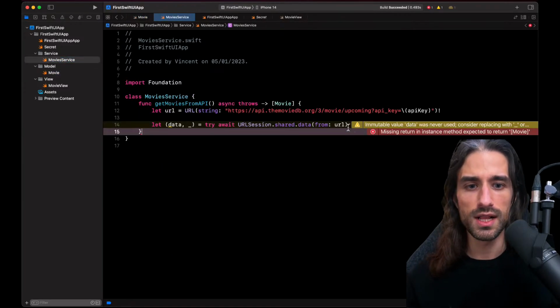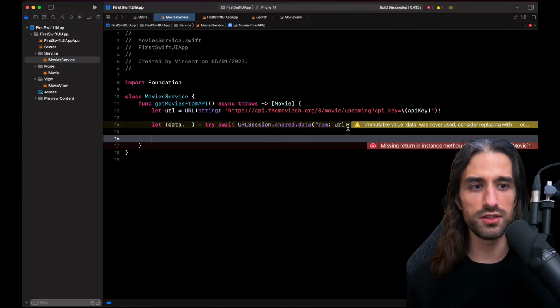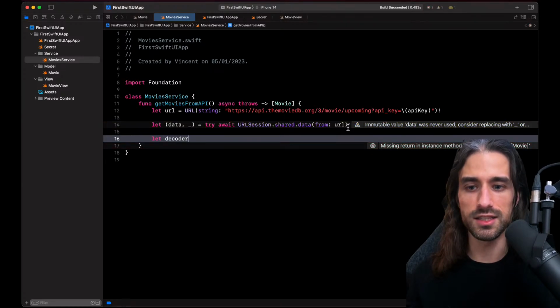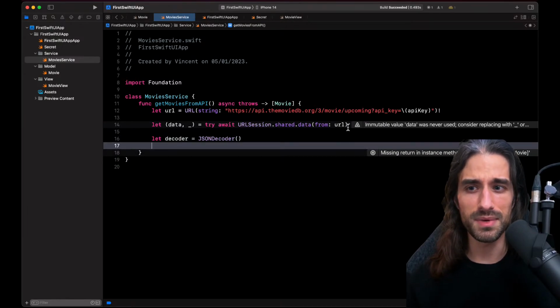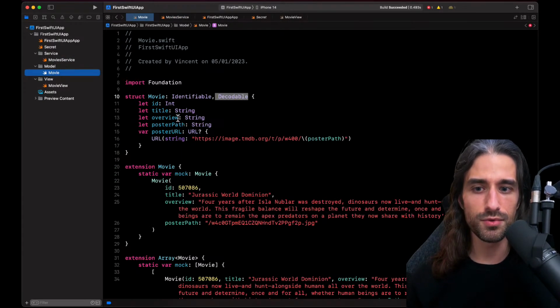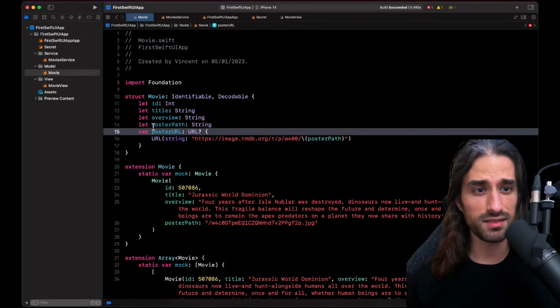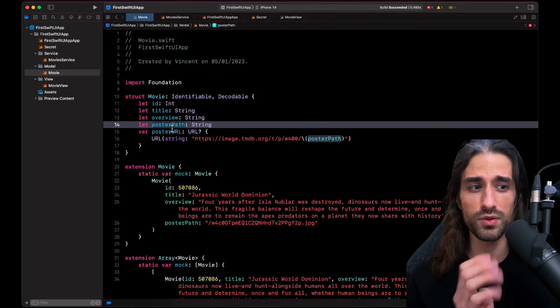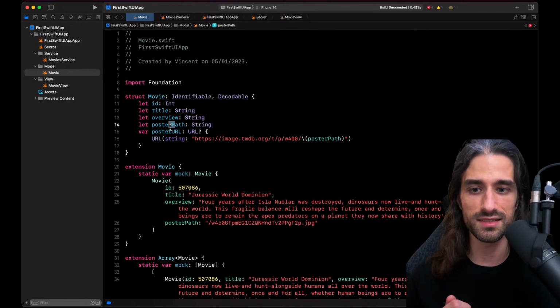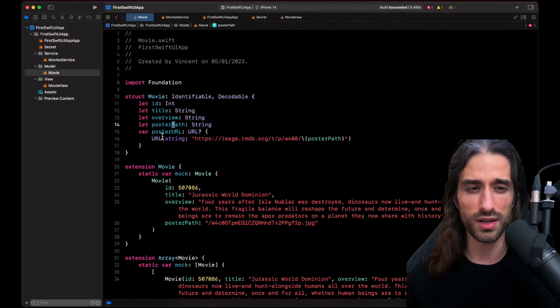So back to the service. To decode the data, we need to have a decoder, a JSON decoder to be more precise. So let me create that decoder. So my JSON decoder. I'm actually going to configure it a little bit because, as you can see, in my type movie, I use the camel case. So here in posterPath, the first letter of the first word is a lowercase, and then the first letters of all the other words are capital case, like this capital P right here. That's what we call camel case.